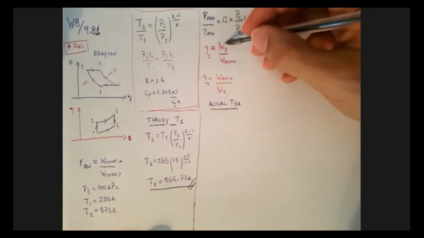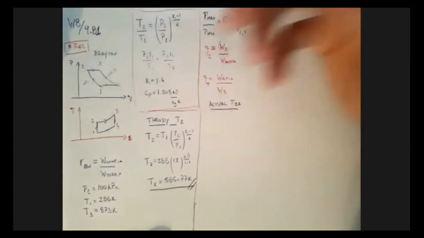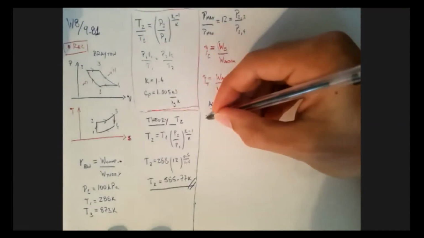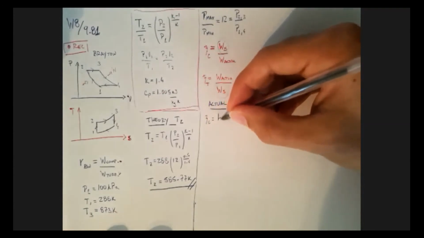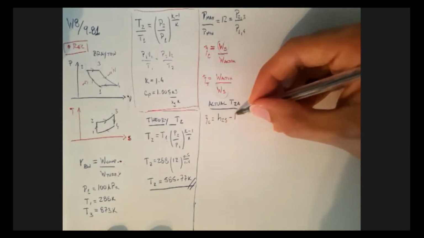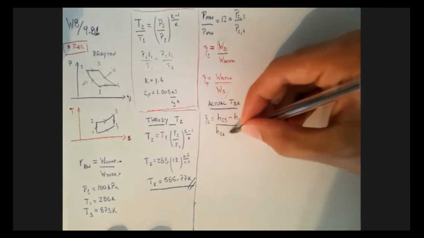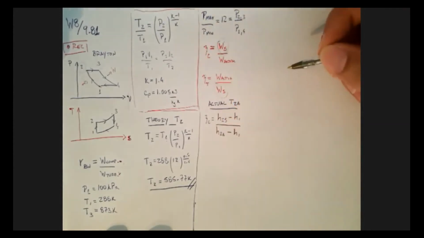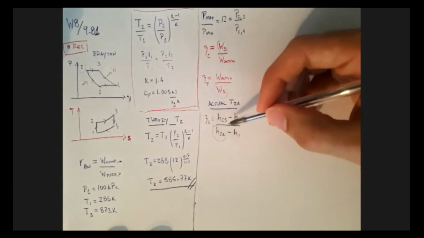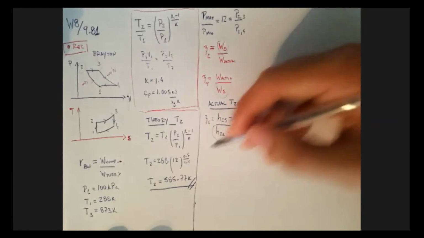So if we go to find this work here, from 1 to 2, what we can do is do the difference in enthalpy, right? So we did that before in the past too. That's going to be the enthalpy from 2 to 1, so the enthalpy of the ideal one minus the first one. And the actual is going to be my H2 actual minus my H1. So from this point on, I could go about finding this guy here, but it's actually easier if I just sub in this equation here for my